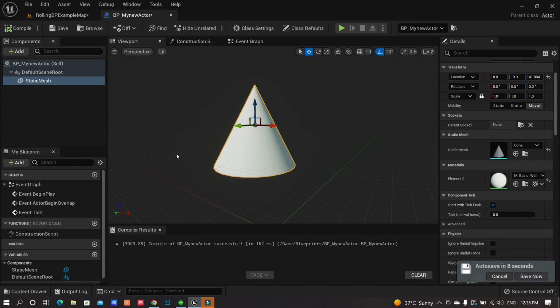So in simple terms, anything which you have created as a function, to make it workable, to make it interactable in your world, you need to compile it first. Sometimes you might get errors, you might get warnings, and those have to be corrected before you can actually run your blueprint in your world itself.